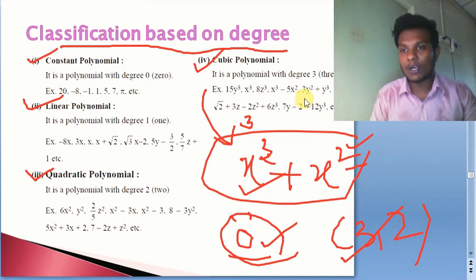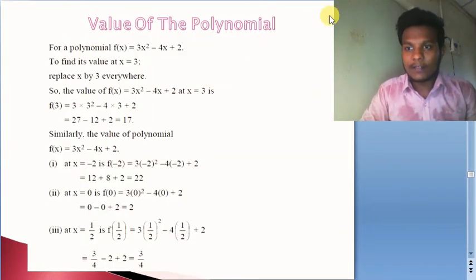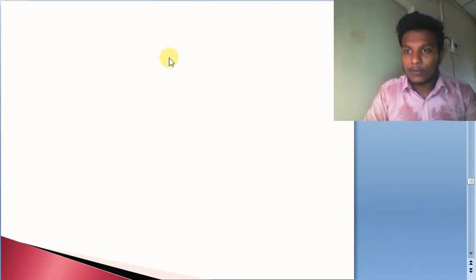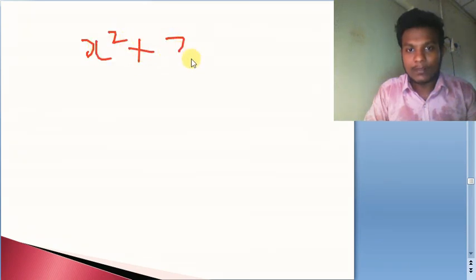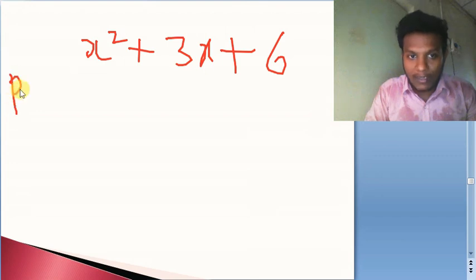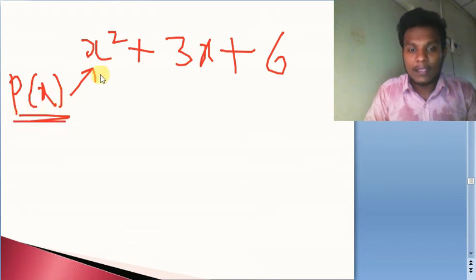Okay, biquadratic polynomial. So now we shall discuss an important concept, that is the value of a polynomial. Before that, let me explain a basic thing. Before actually proceeding to the value of the polynomial, we should know how to notate a given polynomial. Suppose a polynomial is x square plus 3x plus 6. Can you see what variable is involved? Only x. So we generally write it as a polynomial in x. That means for this entire polynomial there is only the variable x.